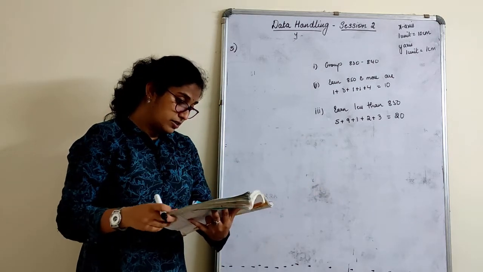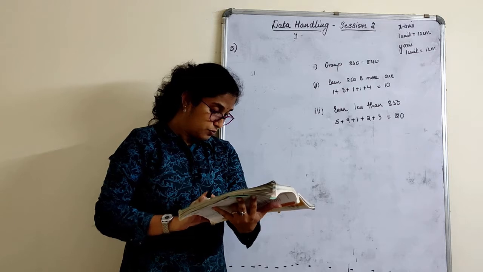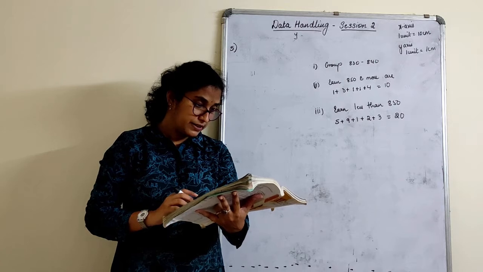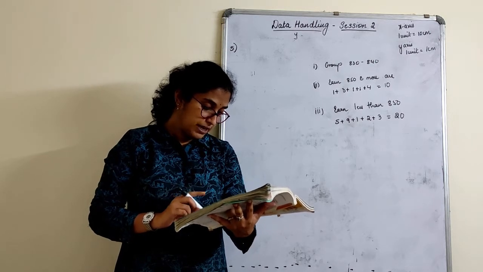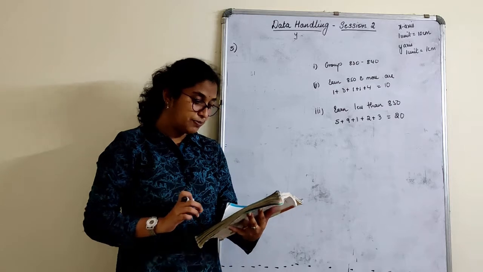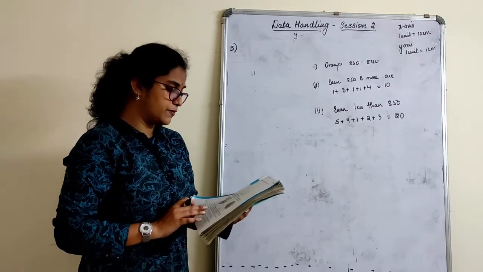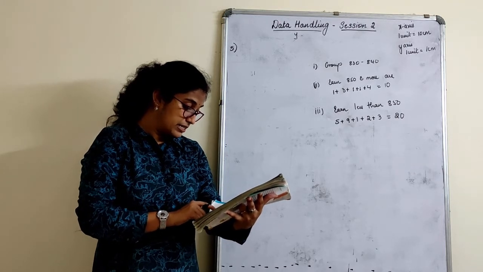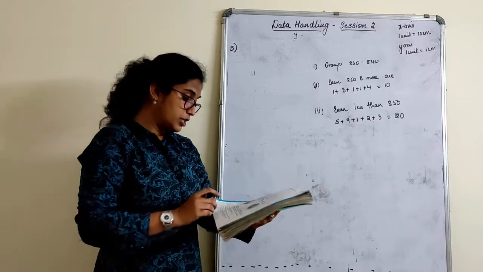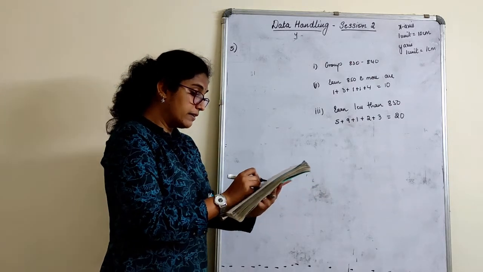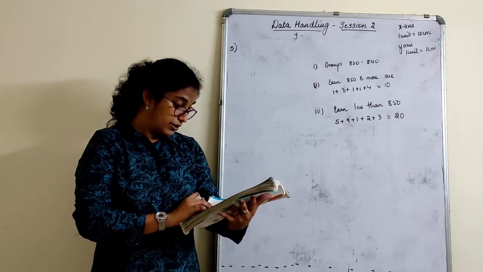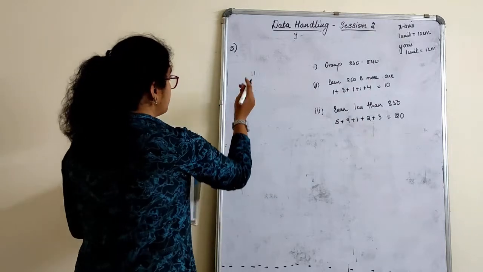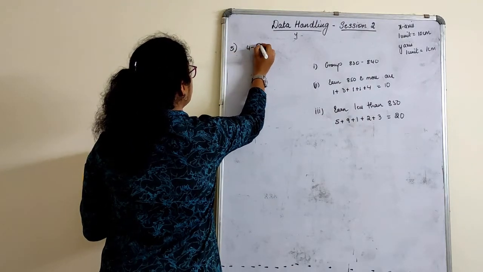It is the number of hours TV watched per day, for which the students of a particular class watch TV during the holidays, is shown in the given graph. For how many hours did the maximum number of students watch the TV? Now, the maximum number of students will fall under which class interval? 4 to 5. You can write here the number of students who watched TV for maximum number of time falls in the group 4 to 5.